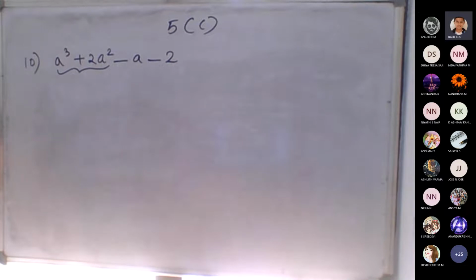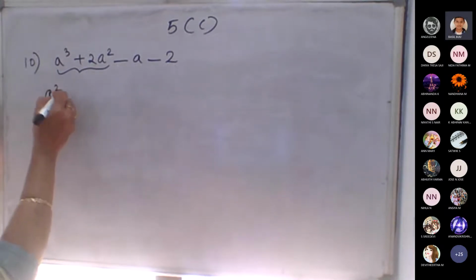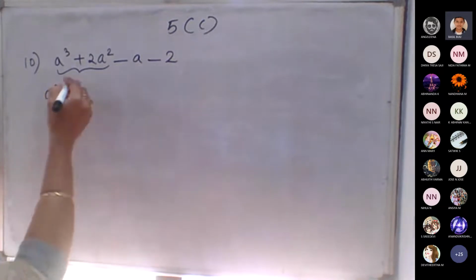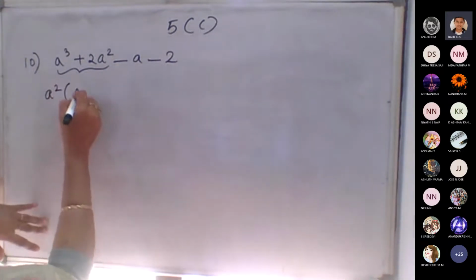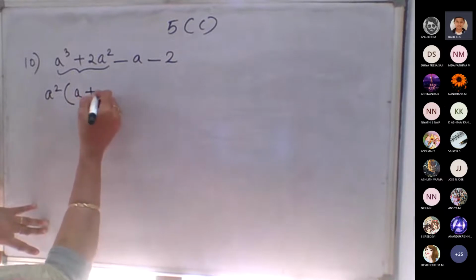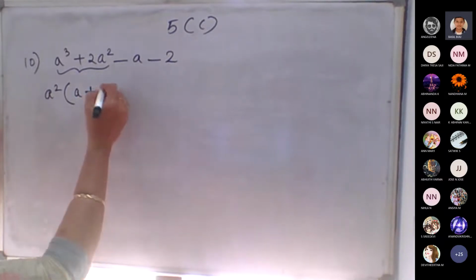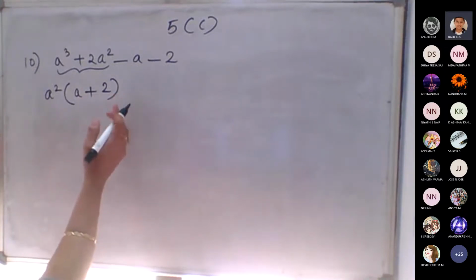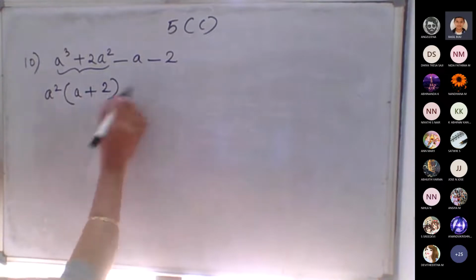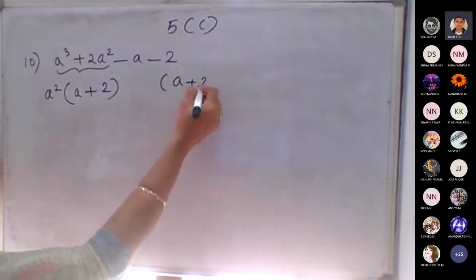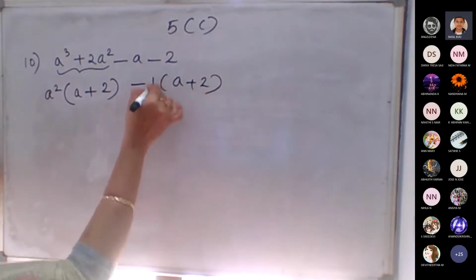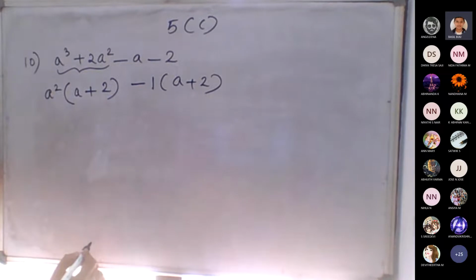a square and a. We can't directly apply the a square minus b square formula. We can't do it. So we have to simplify that. So a square if we took, balance here inside the bracket we will have a plus 2. Same as the previous exercise 5a, 5b. a plus 2. Make this negative: a minus 2 as a plus 2 if we take one negative 1 common.